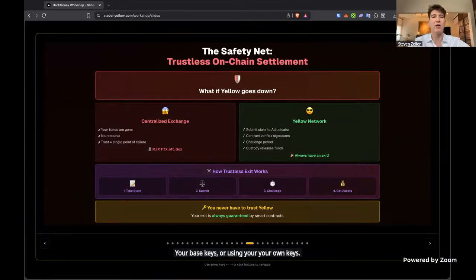So you maintain a high level of control over your assets. And that lets us build a much more secure and much more reliable platform for developers. And you never really have to trust Yellow.